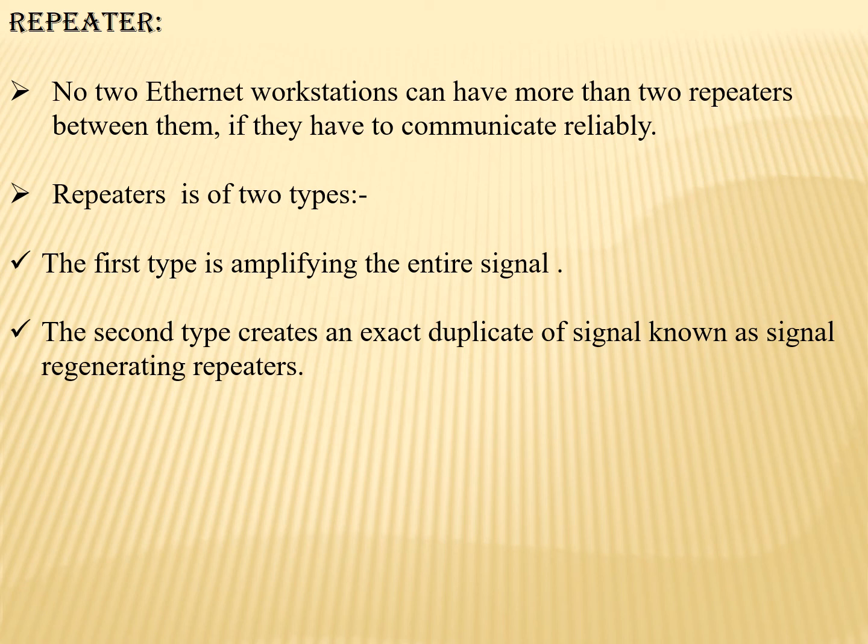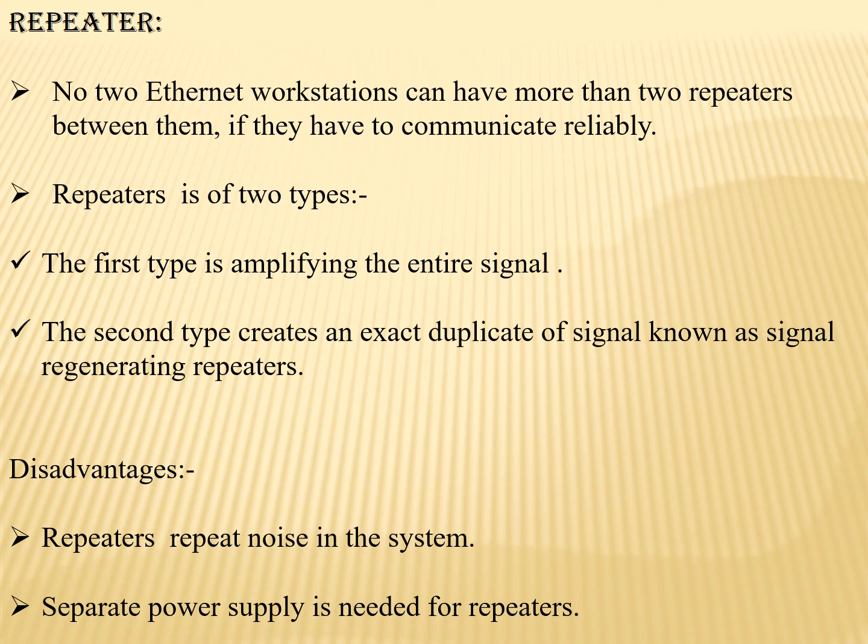There are disadvantages of repeaters. The disadvantage is that repeaters repeat noise in the system. For example, if there are any errors or any distorted signal in the weak signal, it will amplify that also and then send it to the other end. What will happen if there are more repeaters between two workstations? Each and every repeater will again and again amplify the signal. When it is amplifying the weak signal, it will amplify noise also. So when it is amplifying the noise, the computer C2 again will find it very difficult to decode. So this becomes the biggest demerit.